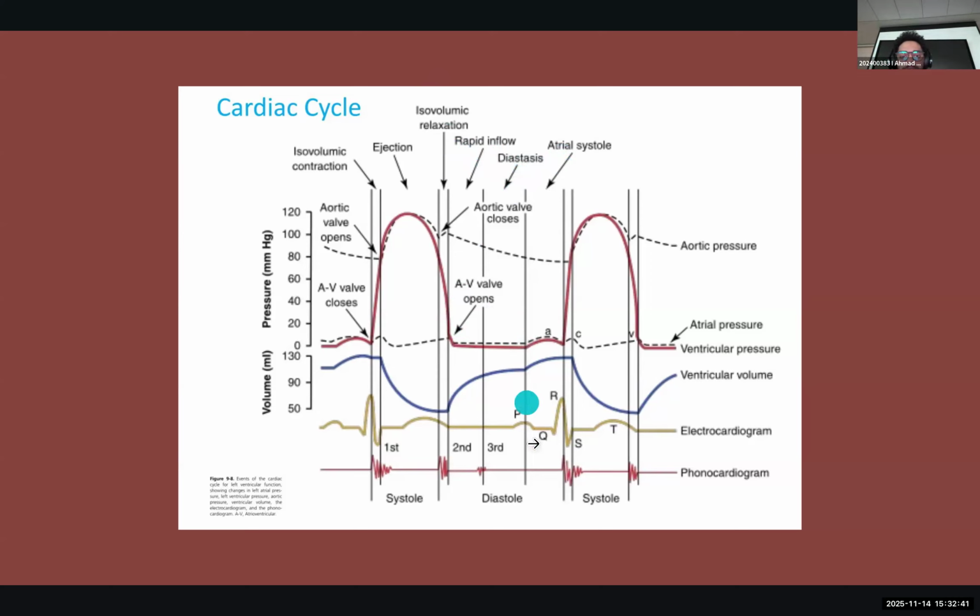And if you look at the ECG here, this is an important thing to keep in mind. The electrical action always precedes the mechanical action. The P wave, which is responsible for the atrial systole, is followed by the atrial contraction. We need to see the electrical impulses move in the ECG first in order for the mechanical action to take place. So here, the atrial systole takes place and pushes the remaining 20% of the blood into the left ventricle, and the cycle basically repeats itself.